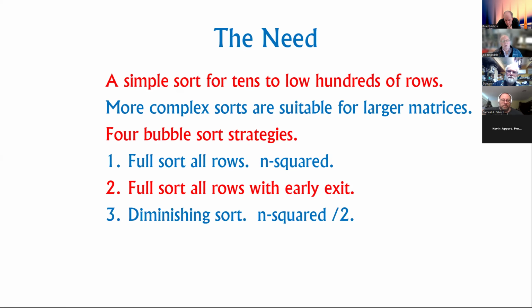A diminishing sort. In the case of a bubble sort, when you sort from row 1 down to row 9 on a 10-row sort, the last row, the 10th row, will be absolutely the highest or the greatest value that you found. So there's no need to sort that 10th row again. So the next time you can sort down through 0 through 9, then 0 through 8, 7, 6, 5, 4, down to the final sort, which would be on row 1 and 2. So a diminishing sort gets you to n squared divided by 2, which is a 2 to 1 time improvement,